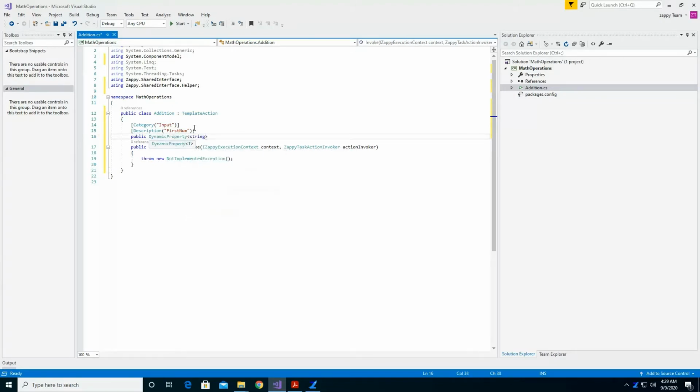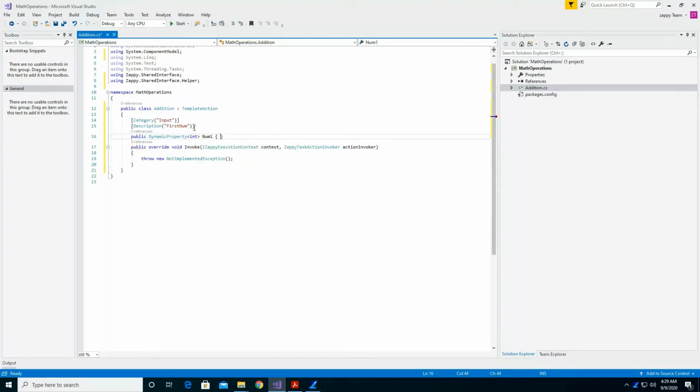Sorry, this is an integer, as we are giving two numbers. Give the variable name here, num1. And here we need to provide the accessor types, get and set. These are like reading values from the variable or writing values into the variable. That's what the get and set accessor types are.